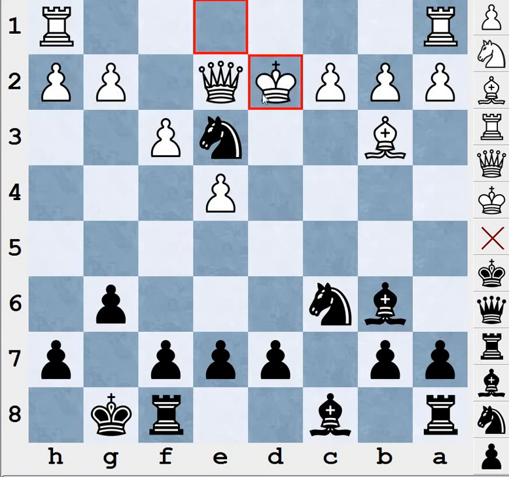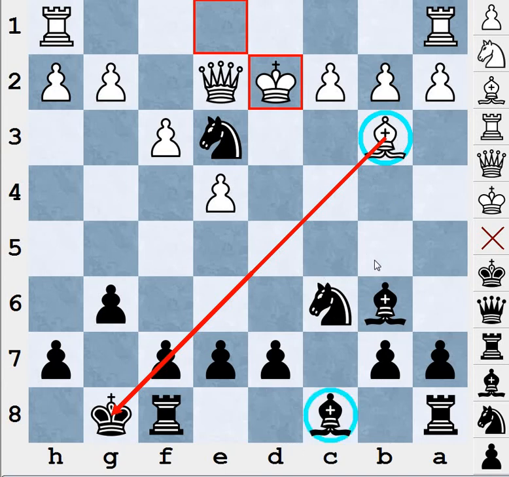If white played king d2, which is the better move among the two, then we can play... once again guys, the engine might suggest d5. I've seen this move as well, but I just want to tell you that in the dragon variation or in the accelerated dragon variation, white's bishop is usually quite strong. So if we ever get an opportunity to exchange this bishop with our bishop or with the knight, then we